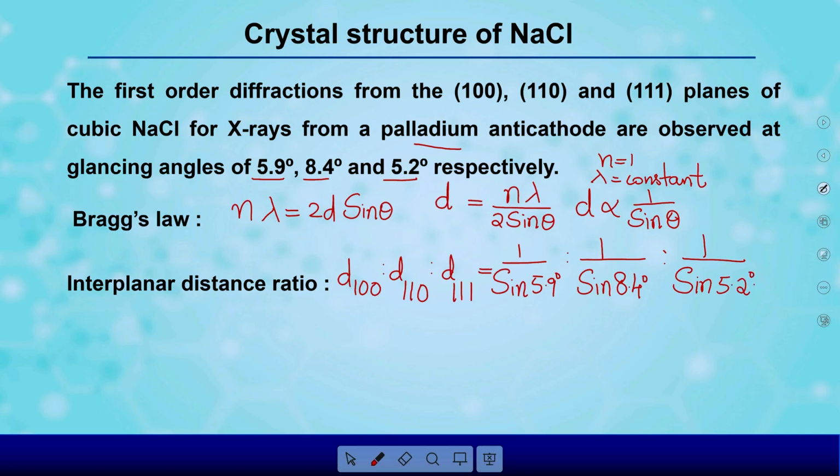If we calculate the ratio, it is approximately equal to 1 is to 0.704 is to